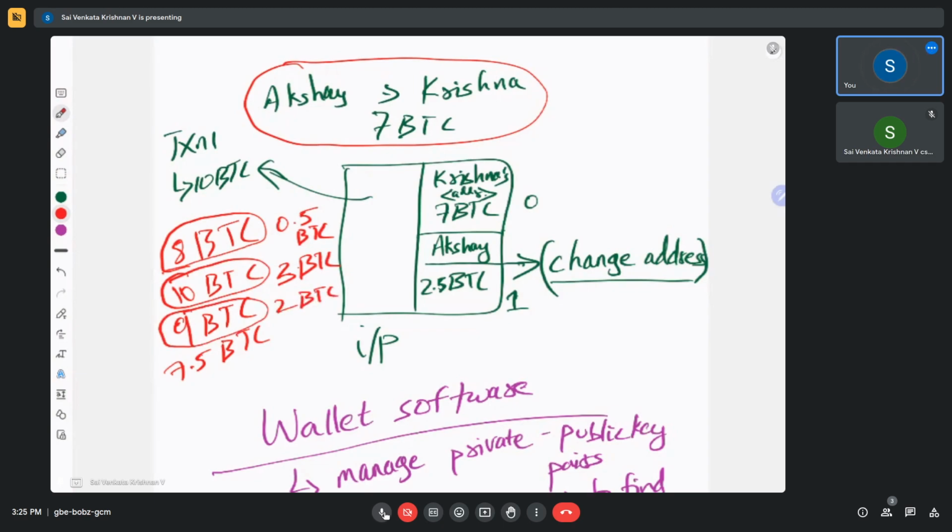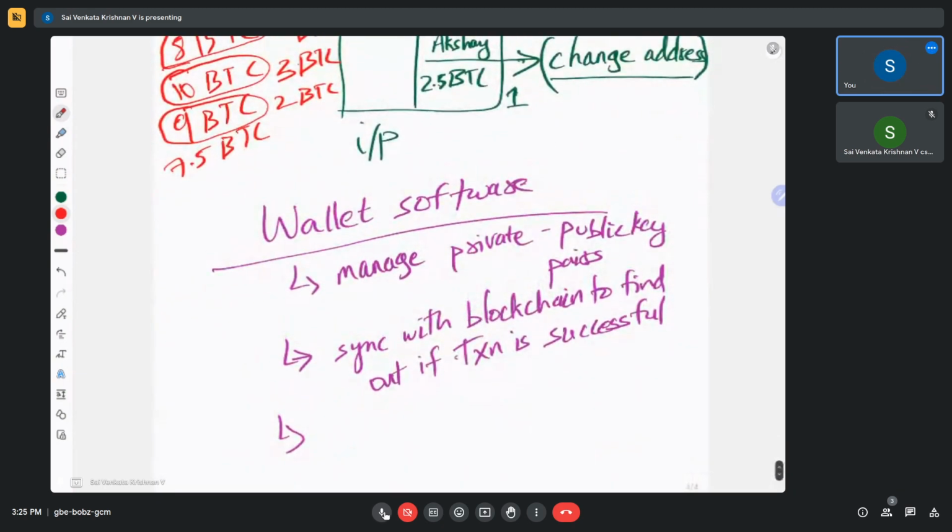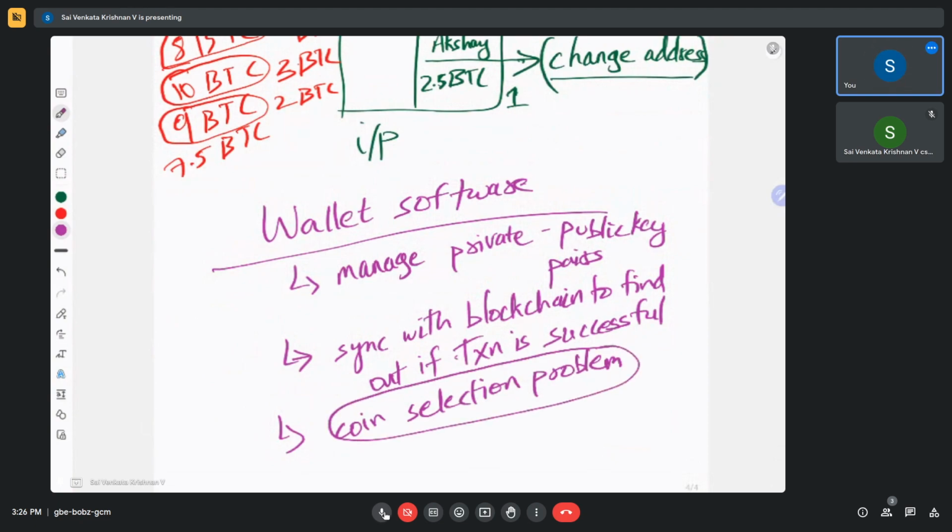And now the wallet, so there is a standard problem in computer science called the coin selection problem, right? Where, say, you have to find the minimum number of different coin currencies which you can use in order to